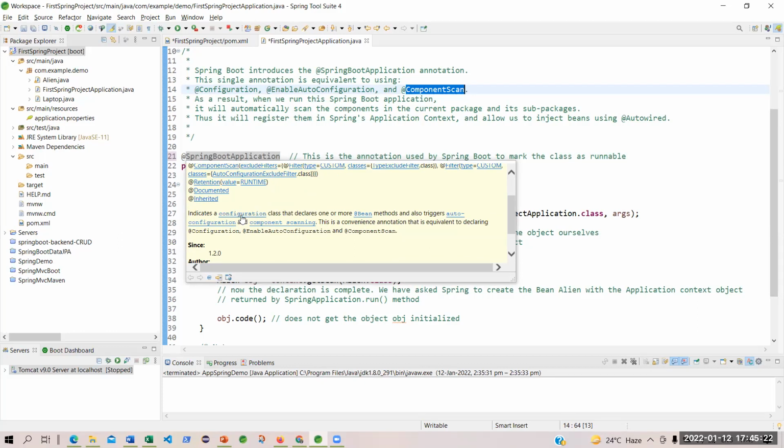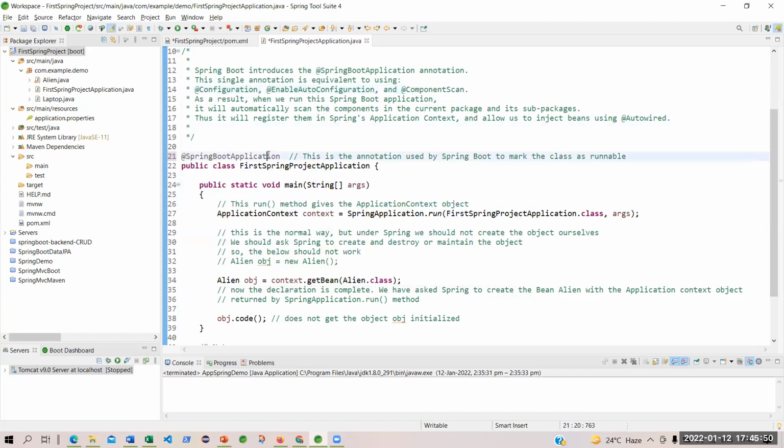So this indicates a configuration class. Class means what? It's a Java class. It has been created already for you. And through this annotation, you are referring to this class. That's all. Basically, you are calling it. Can you not call a class from another class? That is what you are doing. Yes, sir, we call in Java, sir. Yes, and this class is already available with Spring Boot.